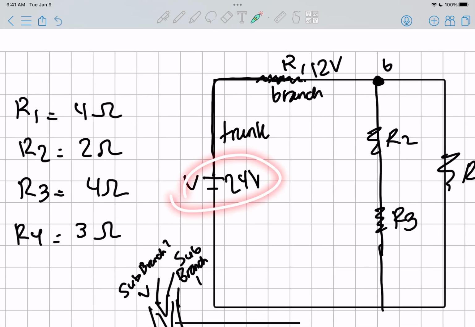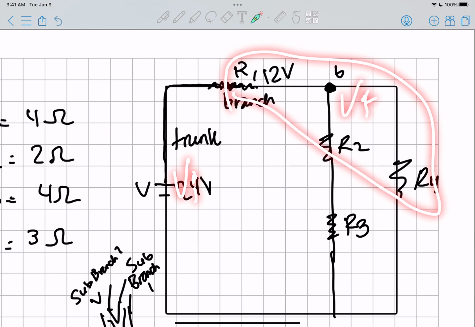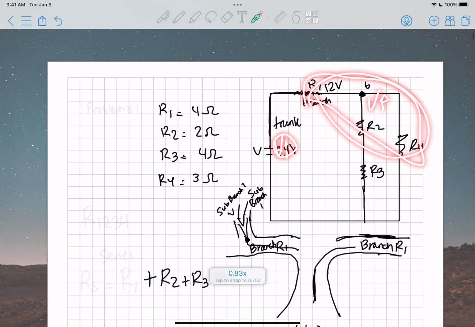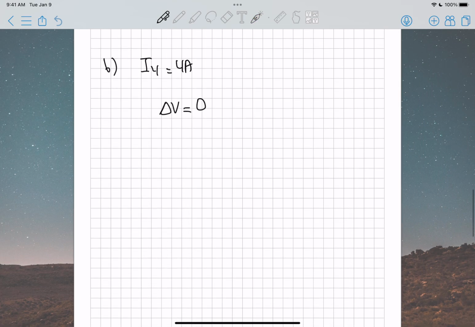Here you have 24 volts. If you added up the voltage drops across R1 and R4, that should also be 24 volts. So this is like your VI, this is like your VF. You start off with 24 volts, you end up with a voltage drop of 24 volts as well. So if we define it in that sense, where delta V is equal to 0,